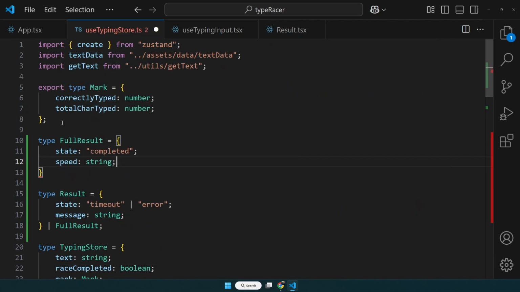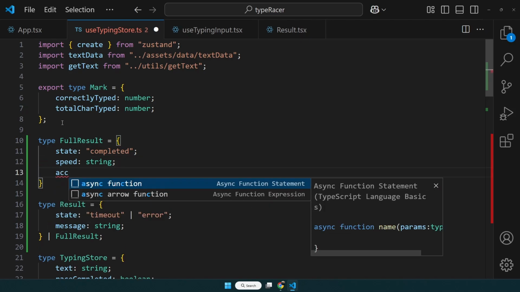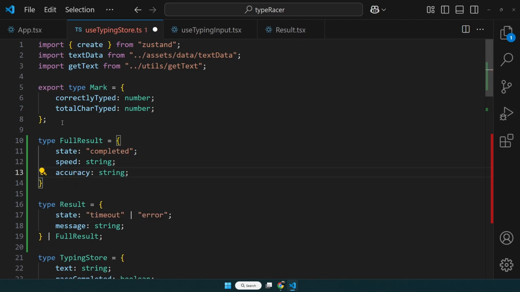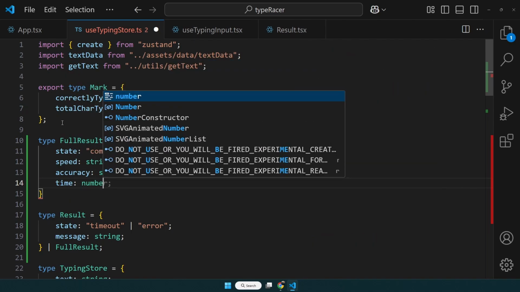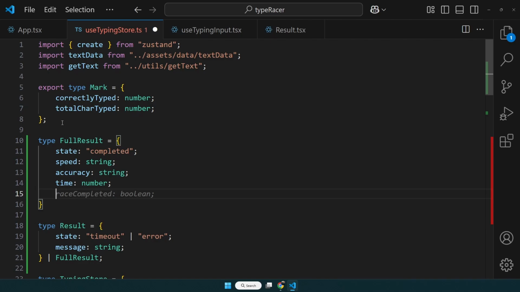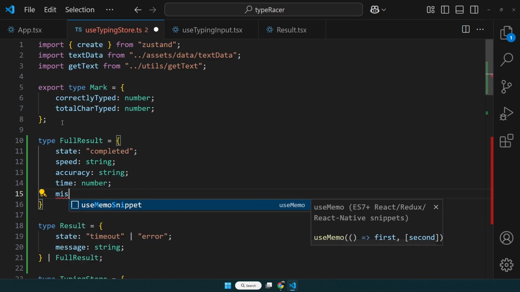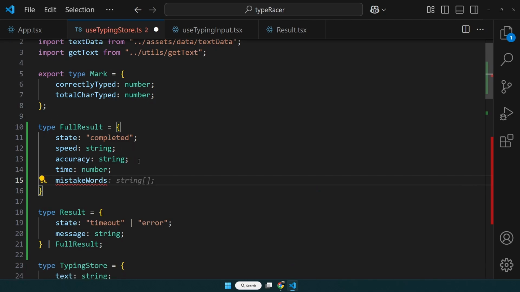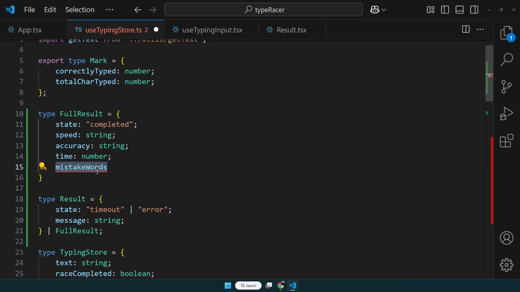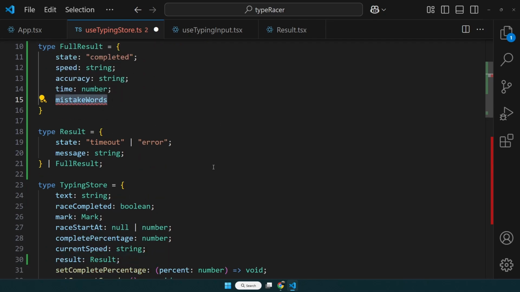So speed will be string, accuracy, and this will also be string, that's fine, and time will be number, and maybe we need mistake words, right? And this will be string array type, but to track this mistake words, actually we need to add